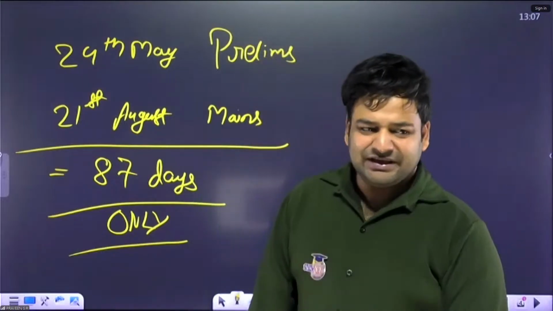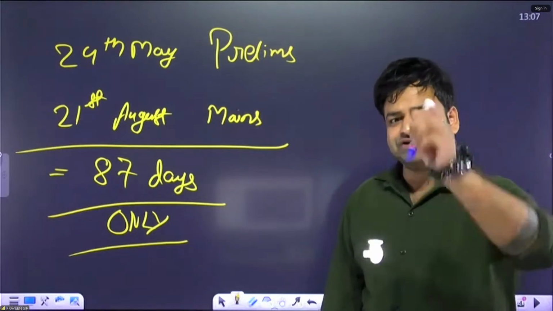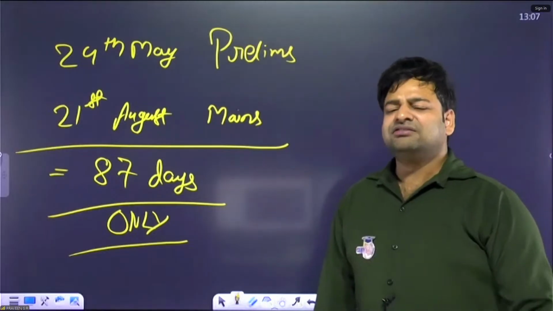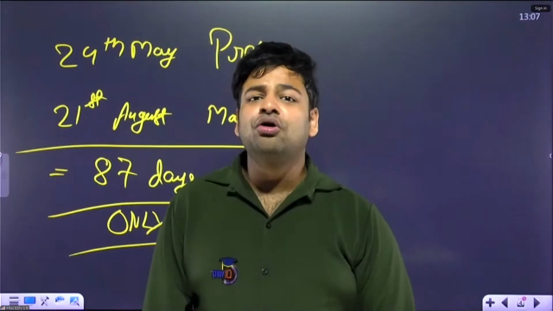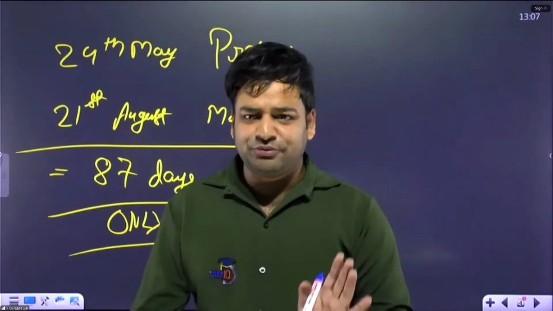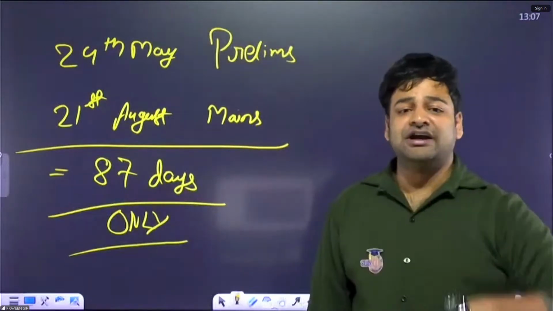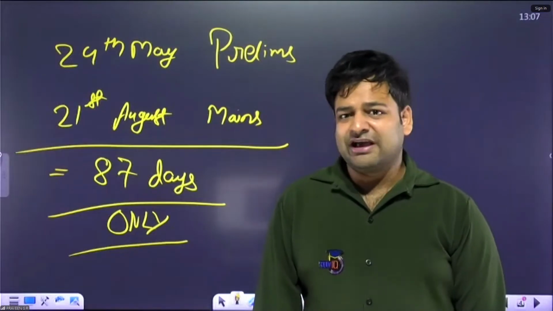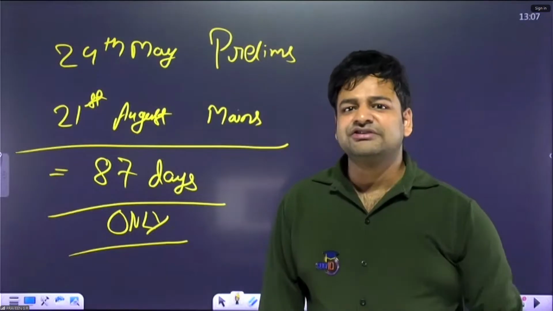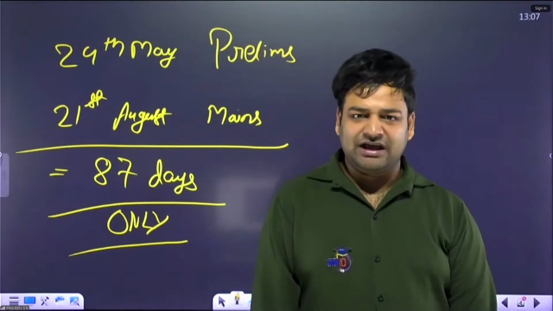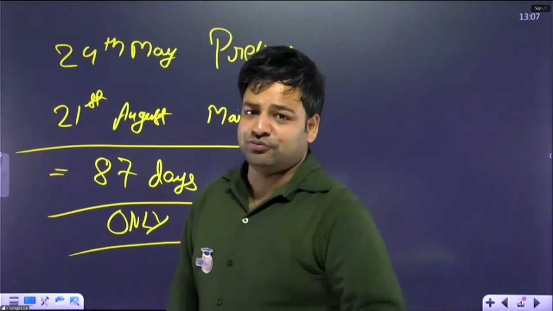So yes, in this period from your prelims examination towards your mains examination, go beyond your caliber. Go beyond your limits. Just push your limits in these 87 days once you have qualified your prelims. If your caliber is for 6 hours every day, then please push yourself. Convert this 6 into 8 or 9 or 10, as much as you can. But this is for the time once you have qualified your prelims.